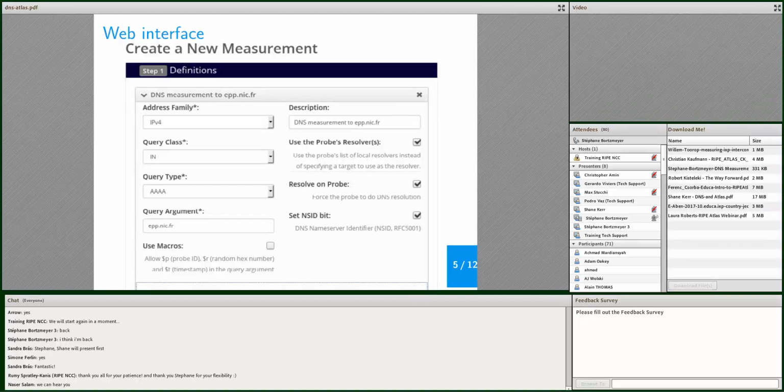So first, if we want to do a measurement with the web interface, it's quite simple. Here we do a measurement to epp.nic.fr. In the case of DNS measurement, the terminology is a bit different because most of the time there is no